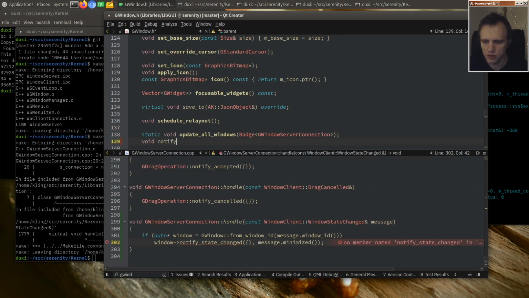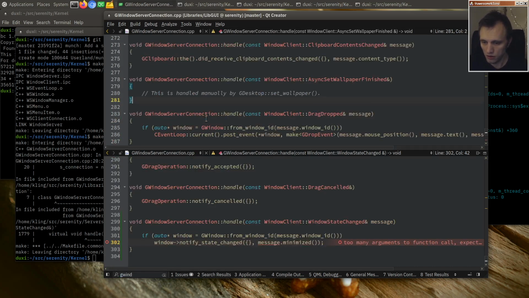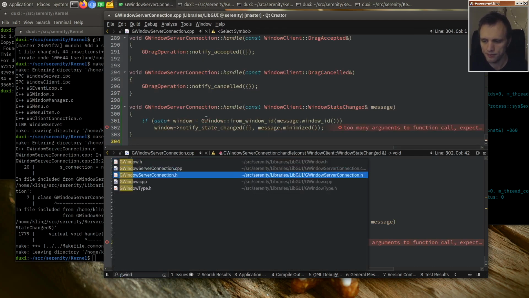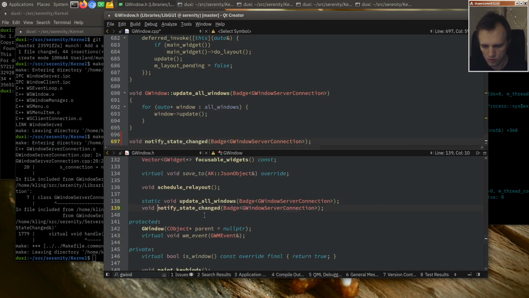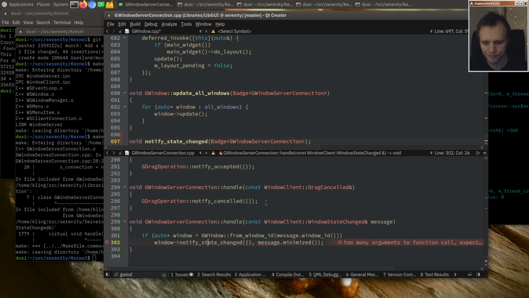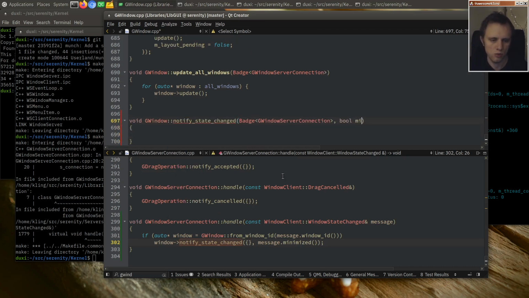So notify state changed batch WindowServerConnection. Pool minimized. Okay, so now that we get this pool minimized,